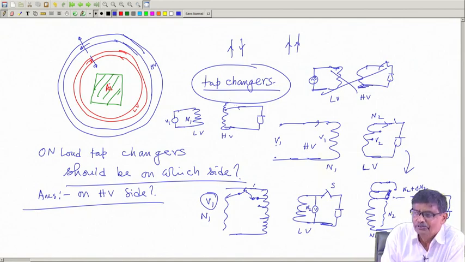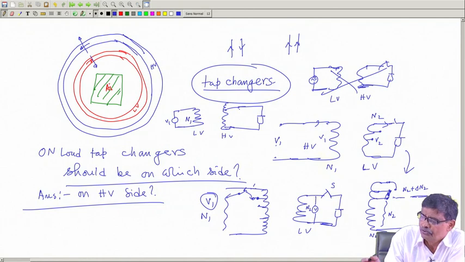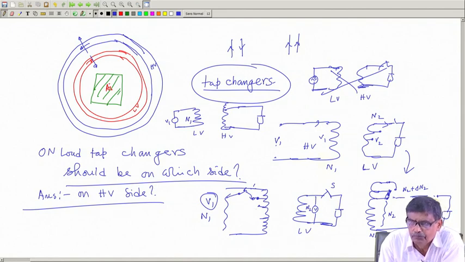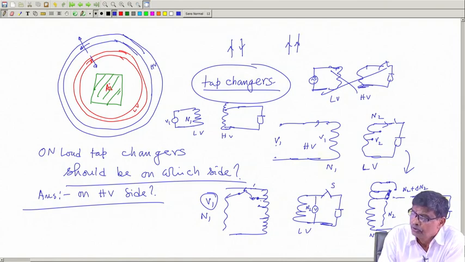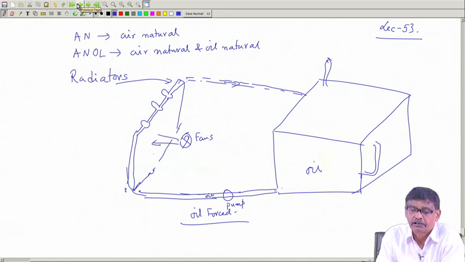So, depending upon the situation, you have to reduce the number of turns or increase the number of turns. On the load side, if the HV side is there, provision for increasing and decreasing both should be present. You do not know which side will be primary, secondary, like that. So, this is in a nutshell what I want to tell about transformers.